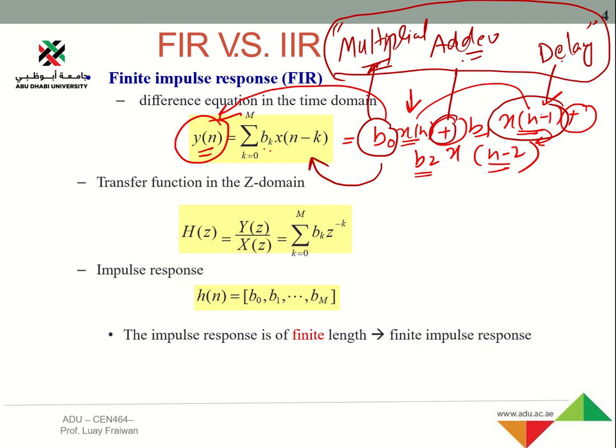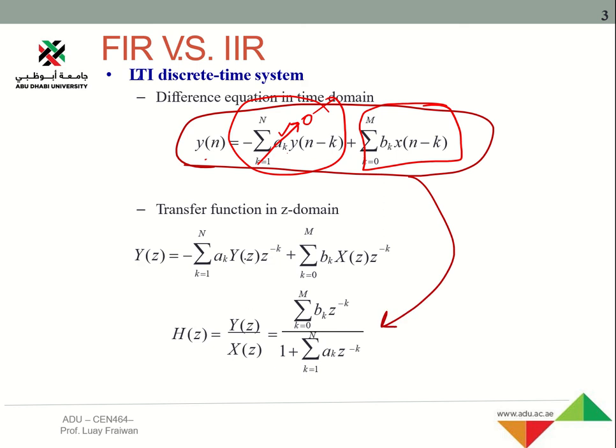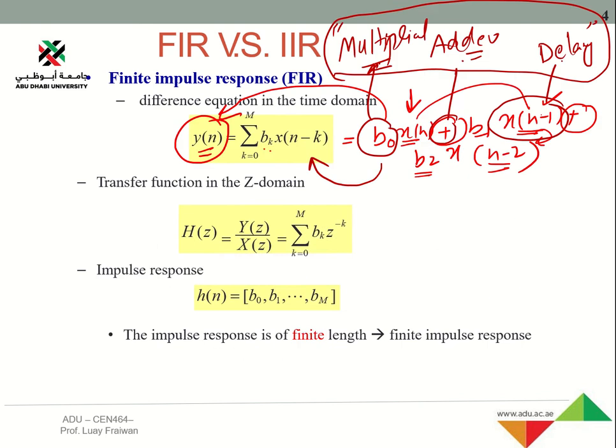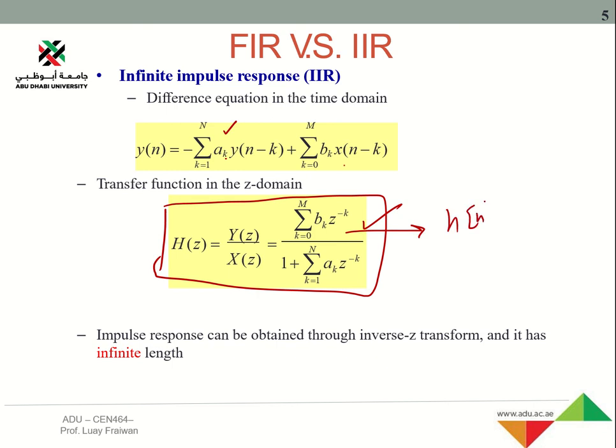Now, as I said earlier, if we assume that a_k is not 0, then basically we will get the same thing, and in that case that will be our transfer function. That is basically the infinite impulse response system. So the general form, the general transfer function with both sets of coefficients, is basically the infinite impulse response. If you take the inverse Z transform of this, we get the impulse response in the time domain, and that will be the infinite impulse response.